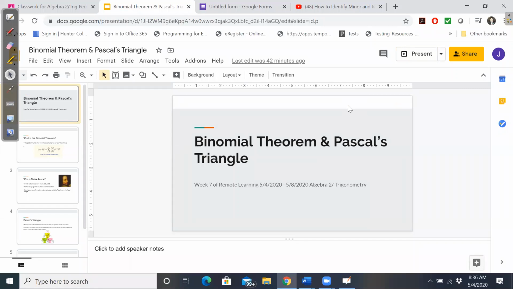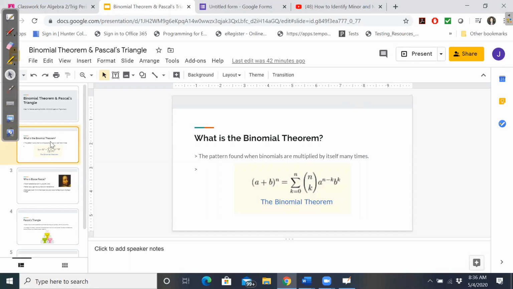Okay, good morning, everyone. So today we're going to be looking at the binomial theorem and Pascal's triangle. Okay, so first off, what is the binomial theorem? So binomial theorem, we're talking about the pattern we find when we have binomials, or things that look like